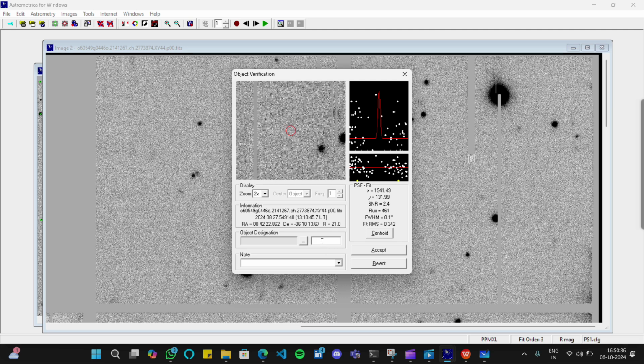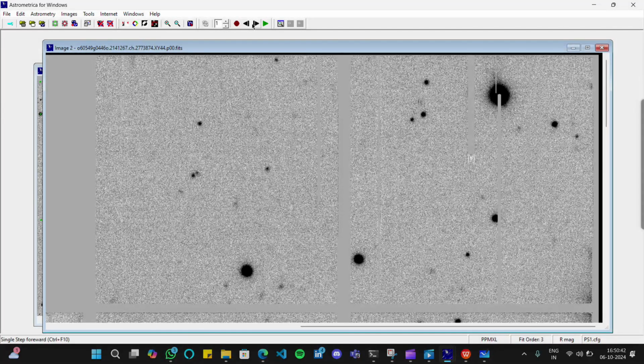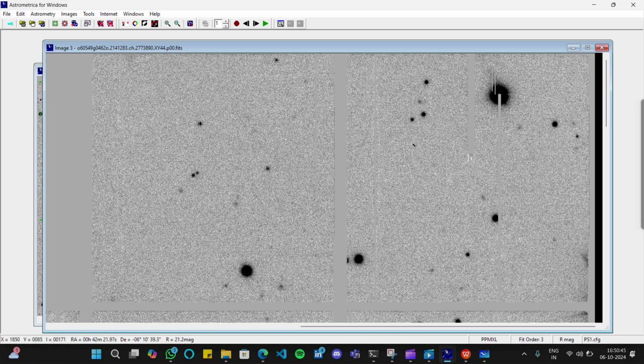Again, you give a name here and accept. Then again, move to the third part. Suppose it is coming here. Obviously, the asteroid is here, then again here, then again here. We are supposing that the last part is coming inside here, so I am taking a big radius. What basically is happening? Image one contains the same thing, image two contains the same thing, then three, then four, and it is moving in such a way that it looks like a linear way. That is how we are spotting an asteroid.